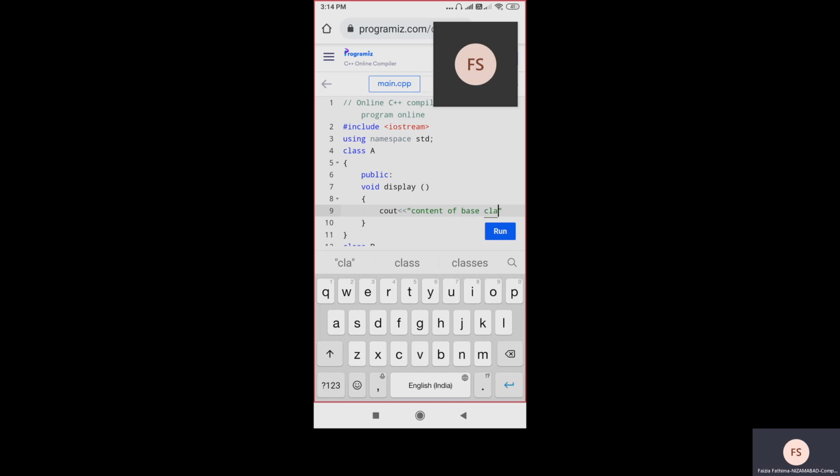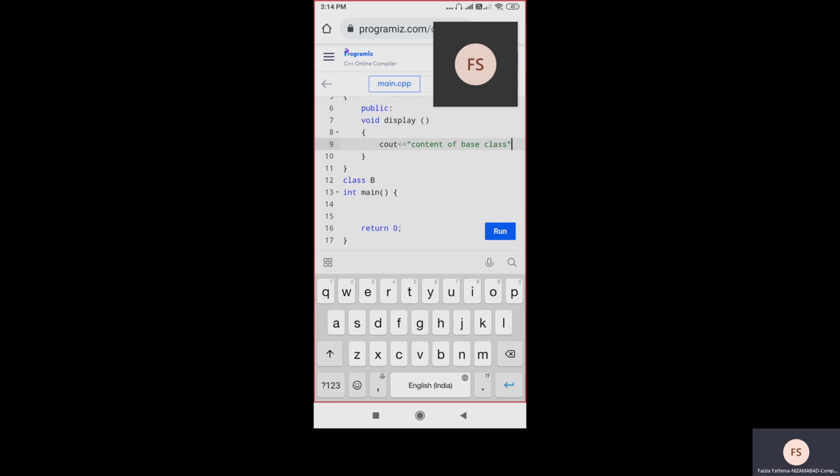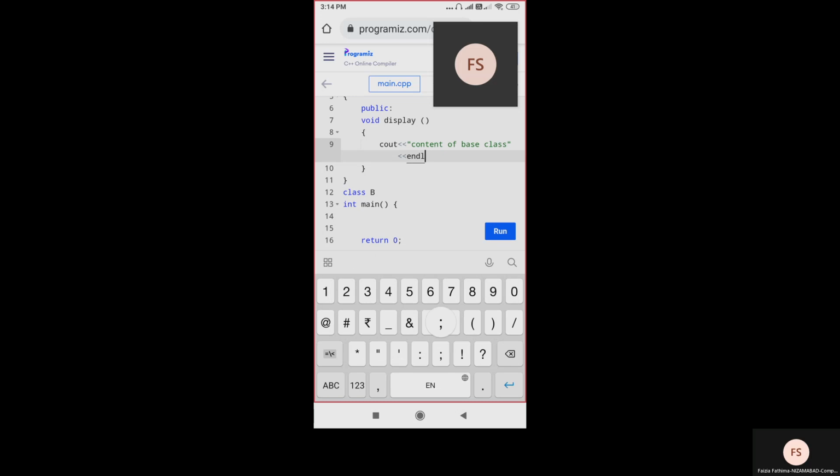Because this is the parent class, I am writing content of base class. Semicolon. You can also put endl here. So I'm closing class A here.